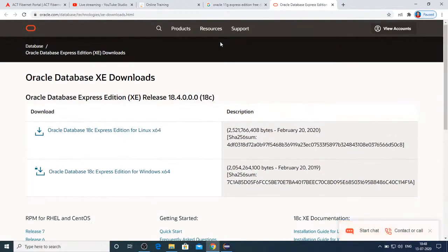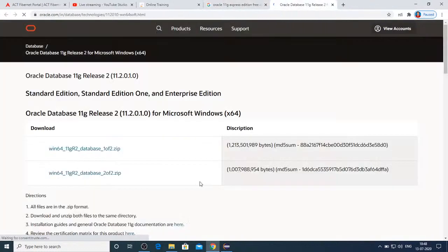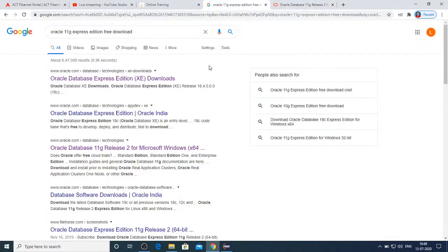You can just go for 11g itself; I have installed 11g itself. Here it is. This is how you can type it in the search bar, and then you can see the Oracle database 11g.